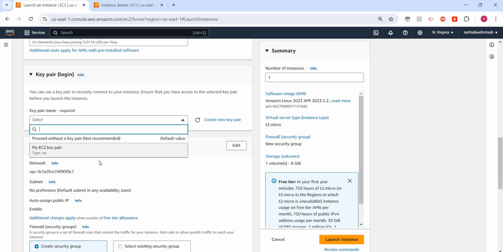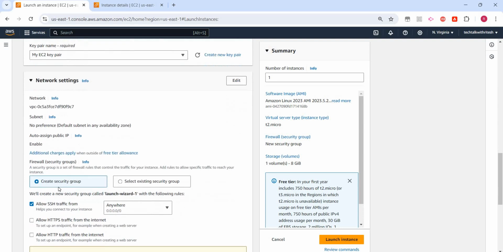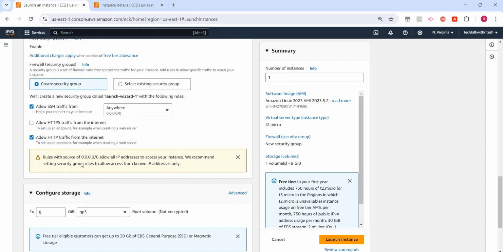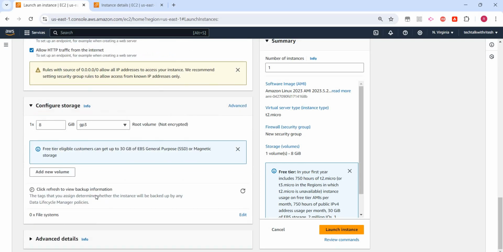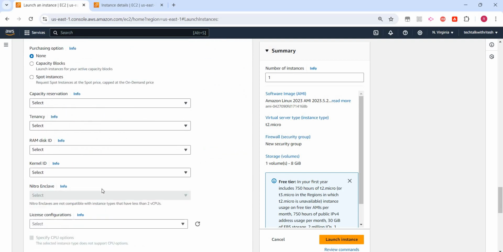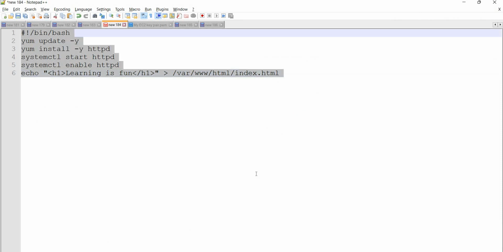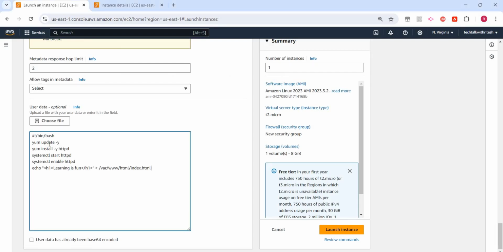Okay, key pair, I'll select my EC2 key pair 1, and here is the security group. So it says you want to create a security group or select an existing security group. So I'll just create a new security group, and I will select all SSH traffic and all HTTP traffic. Okay, everything is fine, and in advanced details I'll configure the user data. So I'll just copy this user data and paste it here. It will just install the HTTP server, and we'll write this file so that we can access it using HTTP